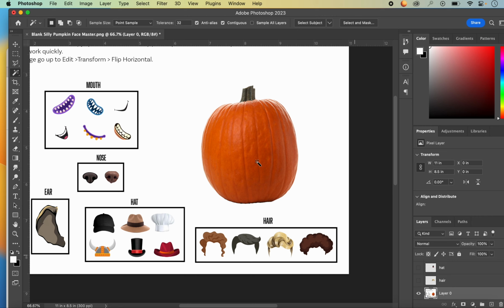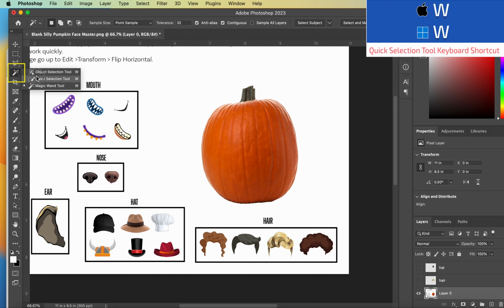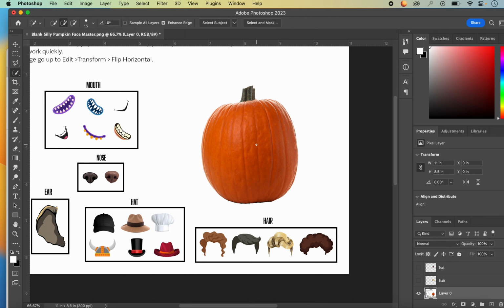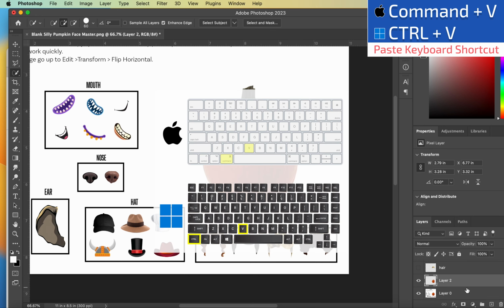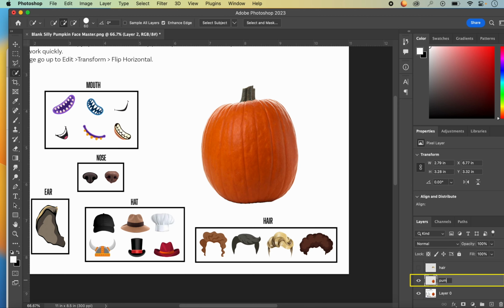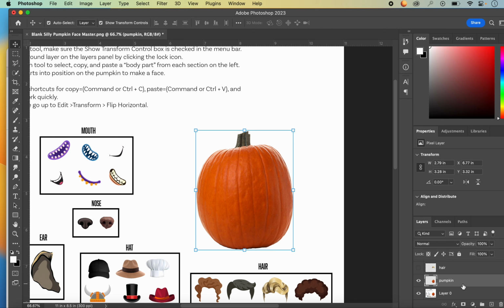Okay, so with layer 0 selected, I'm going to use my quick selection tool, and I'm just going to make a copy of the pumpkin. So go ahead and select it, click on the inside, then drag towards the outside. When I've got a little outline going around the pumpkin, the same way we've done all the other layers, we're going to copy and paste a copy of the pumpkin. So Command C, Command V, paste, and I'll call this one pumpkin. Okay, now that I have my pumpkin layer copied,